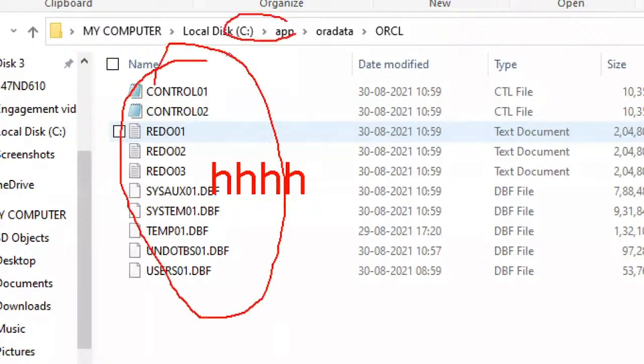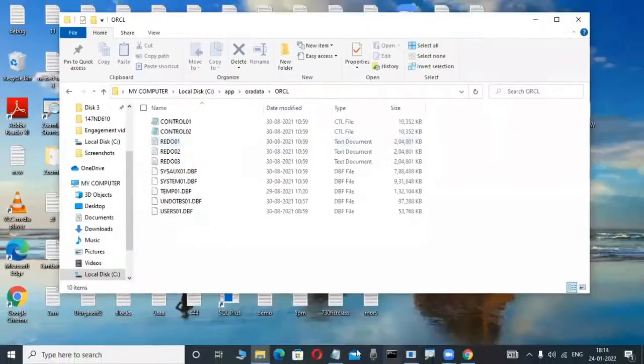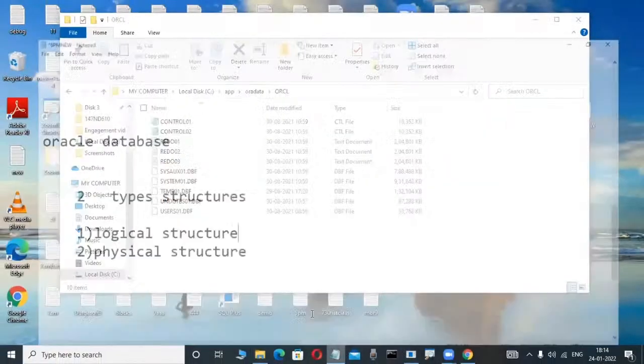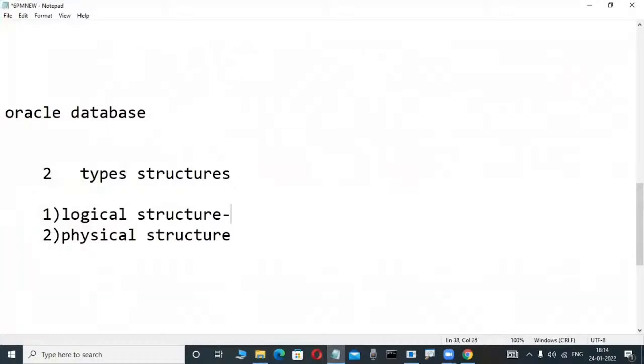That's why in the C drive or D drive, it is not visible. That's why a logical structure means a structure which is not visible in the operating system. A structure which is not visible in the operating system is called